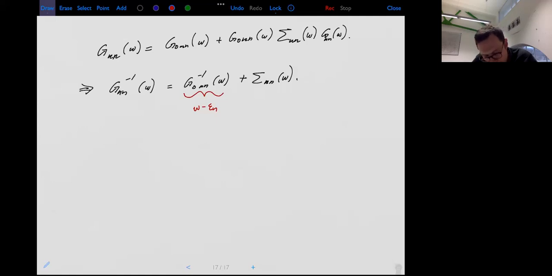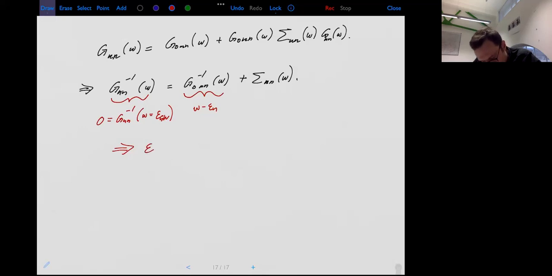So that's true. And so we can derive the following equation for the quasi-particle energies,